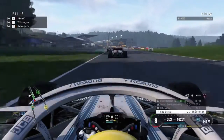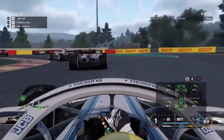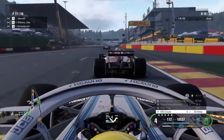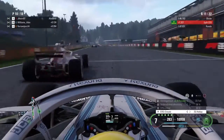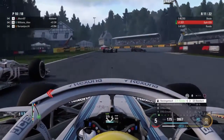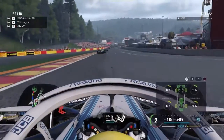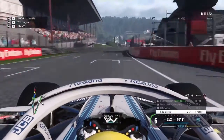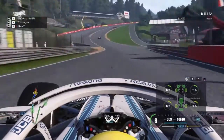So you can see at this point I tried to not dive. I think I tried to scare him a bit. You can see I was able to brake early enough to slow down my car, but this time we are close enough, and you might be wondering why I did this move into this corner. My idea was that maybe if I get a good exit I might get the DRS and slipstream from Epic ahead, but